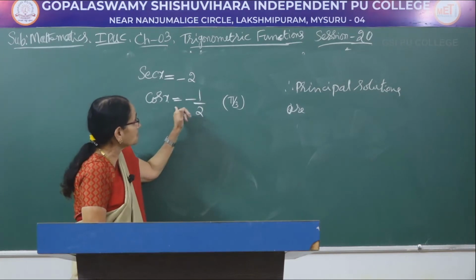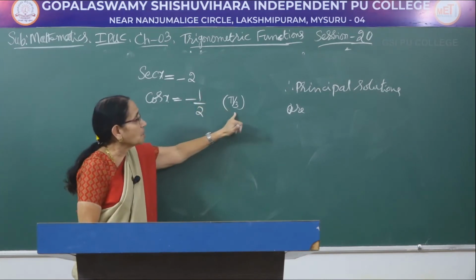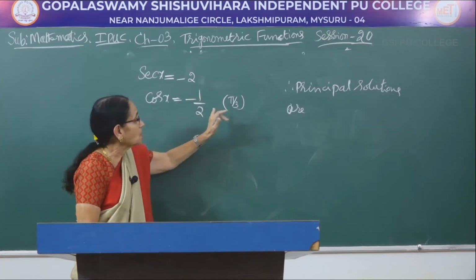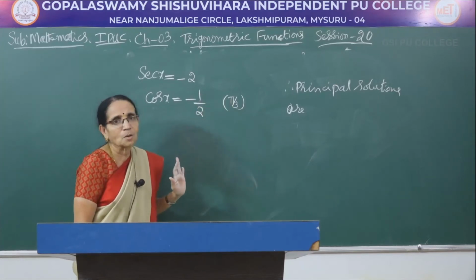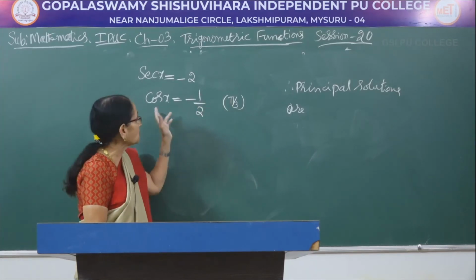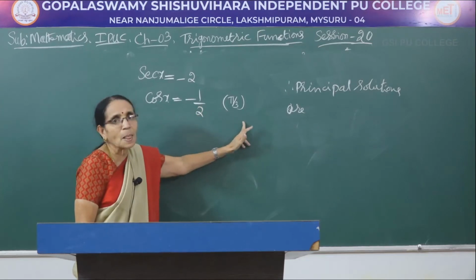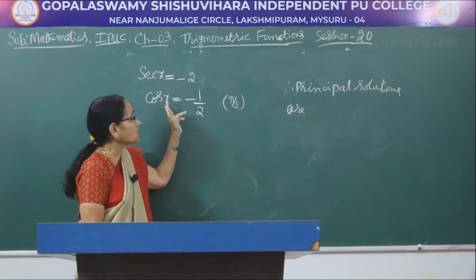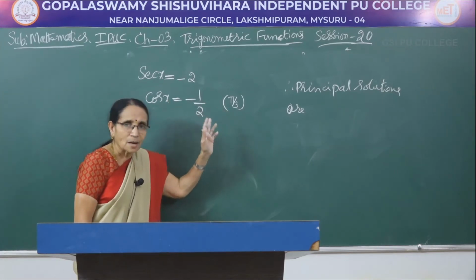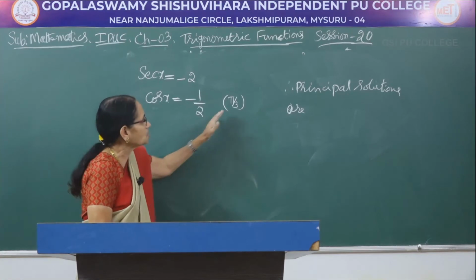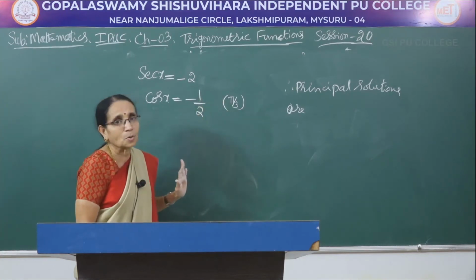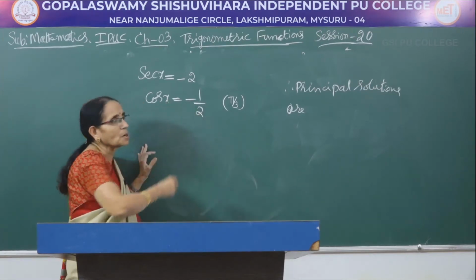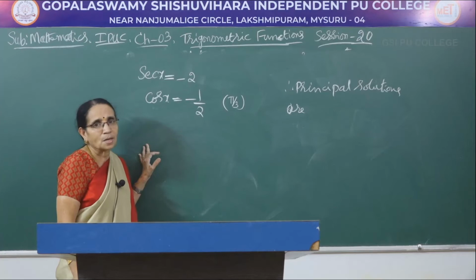Therefore, cos x equal to minus 1 by 2, first write the corresponding value for this one. Again, don't write the minus sign. For 1 by 2, this is the corresponding value. Sin x equal to 1 by 2, you should have written pi by 6. Cos x equal to 1 by 2, see the number is same, but the function is different. Accordingly, the angle is also different here. So, this is the corresponding standard angle for 1 by 2. Now, come to the sign part of this one. We have got a minus sign here.